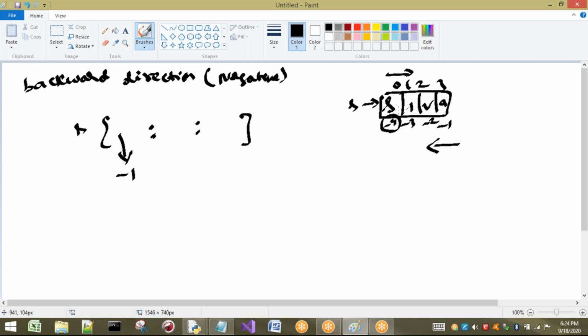Just write down the length of your string. Length of your string is 4, that is 1, 2, 3, and 4. So here we can consider minus length of the string. This is about end.